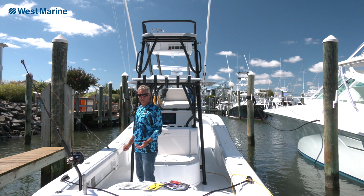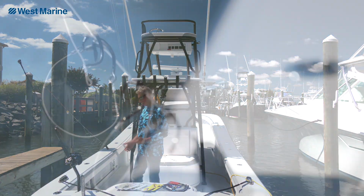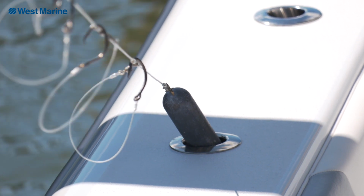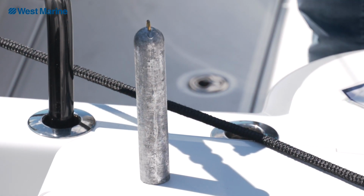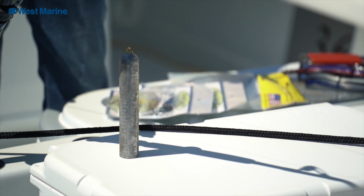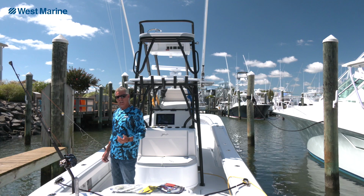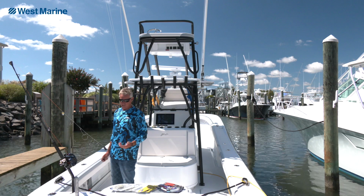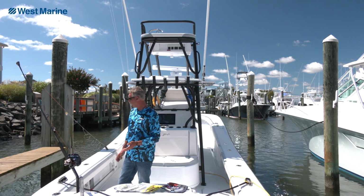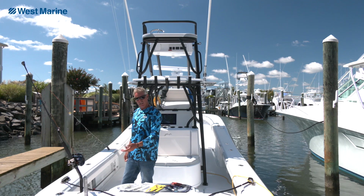To get to the bottom, 600 to 1,000 feet, you're going to need some lead. West Marine carries all the stick leads from 4 pounds to 12. You should have at least 3 of every one on your boat, whether you use them or not. If you don't have them and you need them, and you're 20 miles from land, then you're going to wish you had them. So pre-buy 3 different sticks of every weight, and then experiment with the tide for the day,